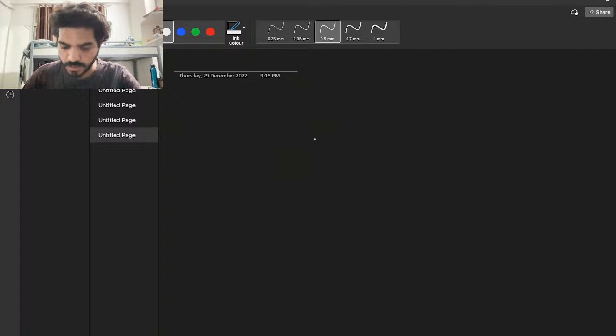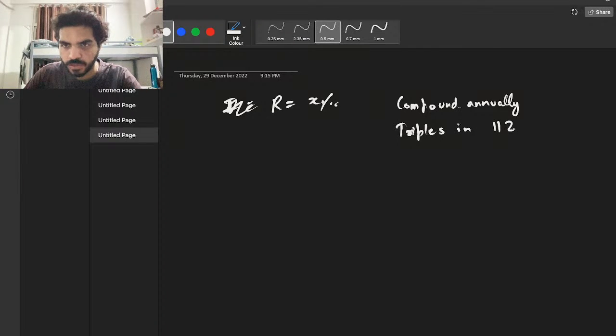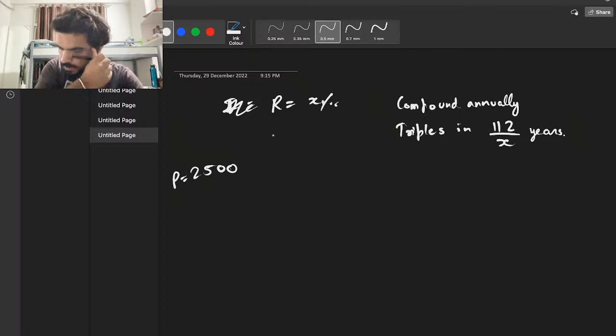Okay, so someone sent the question: money invested at X% rate, compounded annually, triples in 112 by X years. So if $2,500 is invested at 8%,